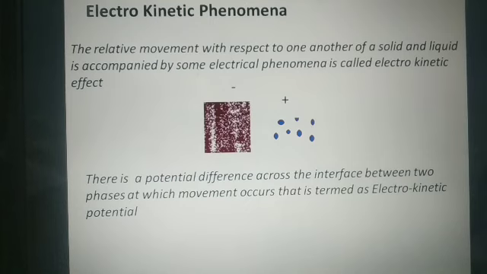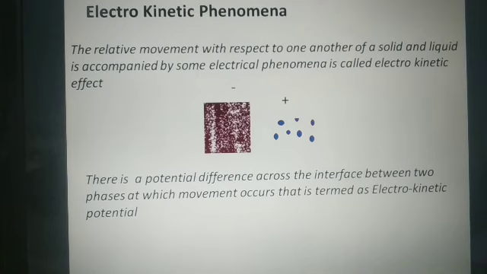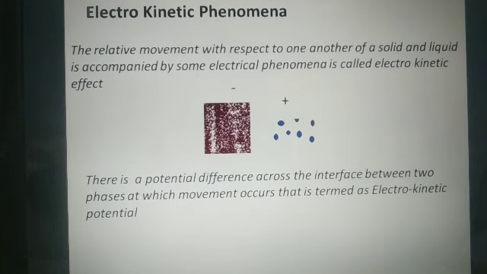That whenever the liquid is in contact with the membrane, the diaphragm, or a capillary or a set of capillaries where it is able to cross through the pores, then by the application of the electric field or by applying the electrical potential, or you can say that